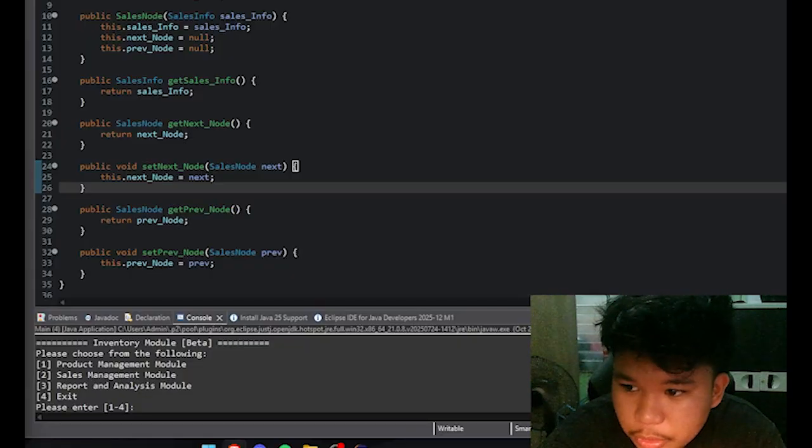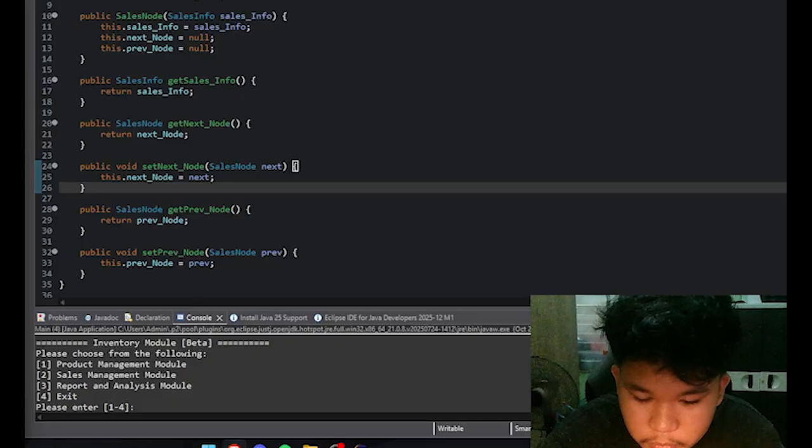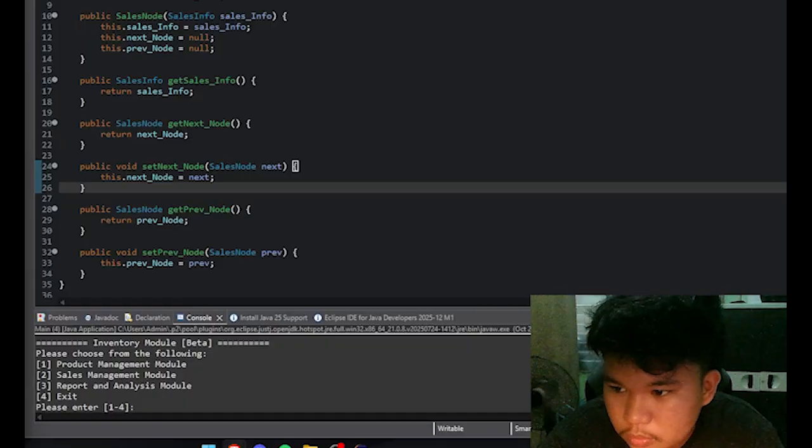Next, in terms of reporting, in the report module, nodes are looped through to calculate totals like revenues, top products, or even the quantity of the product inside the system.